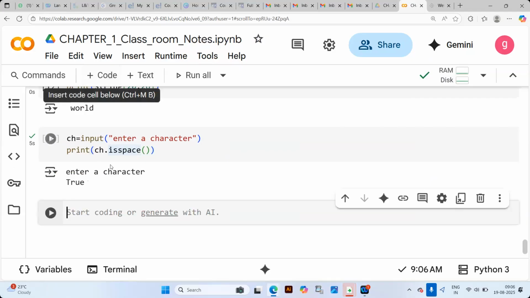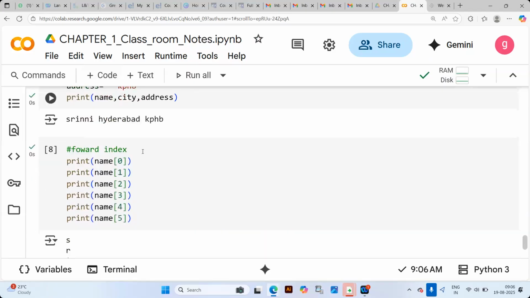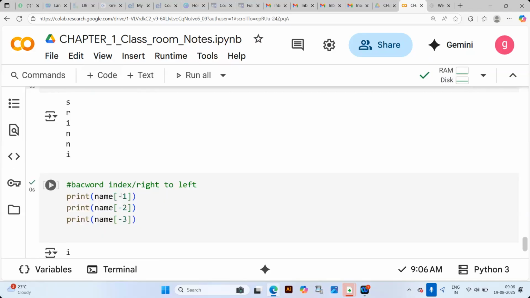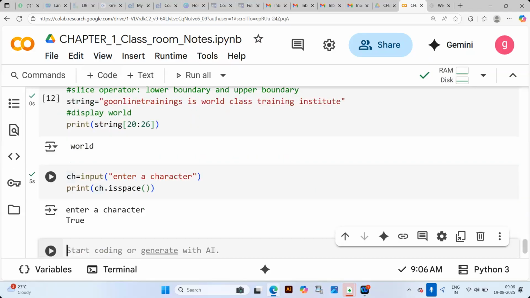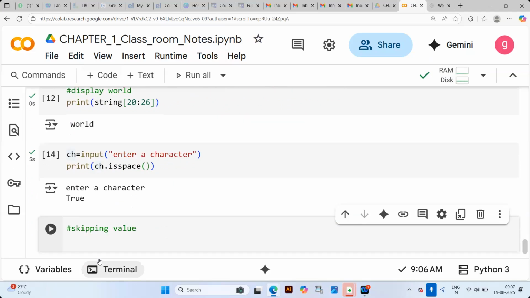I explained how to declare strings and how to retrieve them, like forward index, backward index and other things. Now there is a skipping operator, like a skipping value within the slicing operator.